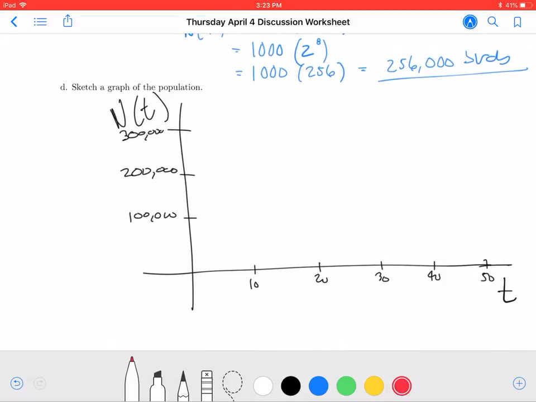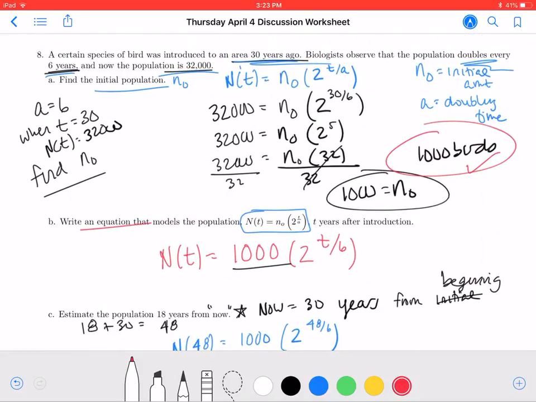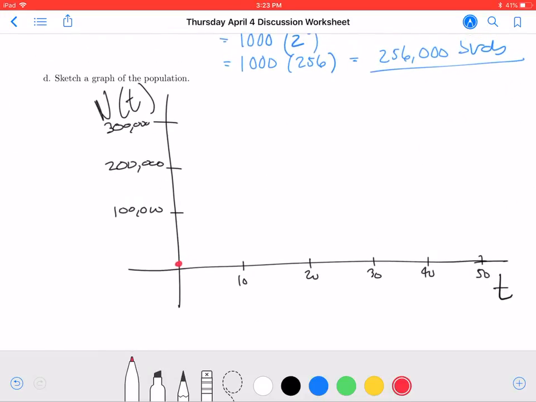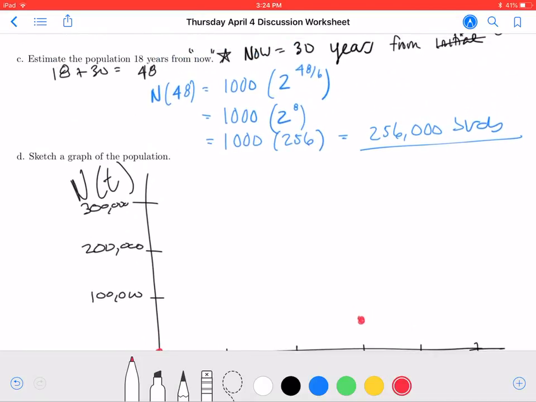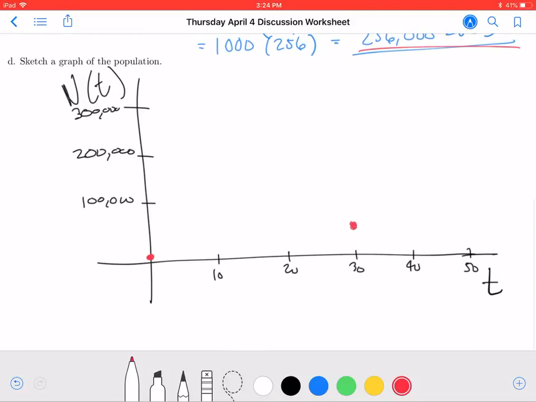All right, so my initial population is 1,000. So when t equals 0, my population is way down here. When t is equal to 30, my population was 32,000. So over here, I was probably about here. And the other thing I know is that when t is 48, my population is 256,000. So I can really start to see it increase now. So my graph goes pretty flat to begin with, and then it's going to